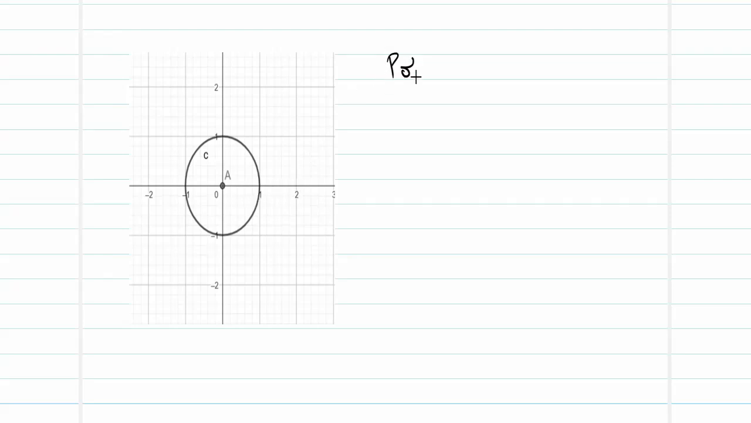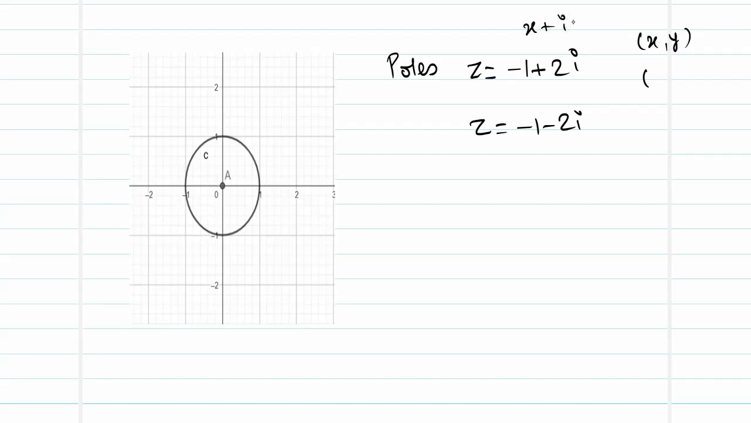Now what are going to be my poles? My poles are z is equal to -1 plus 2i, and z is equal to -1 minus 2i. When I convert it in terms of the Cartesian coordinate x comma y, this pole -1 plus 2i turns out as, because this is of the format x plus iy, in place of x I have -1 and in place of y I have 2. So this pole corresponds to the point -1 comma 2,